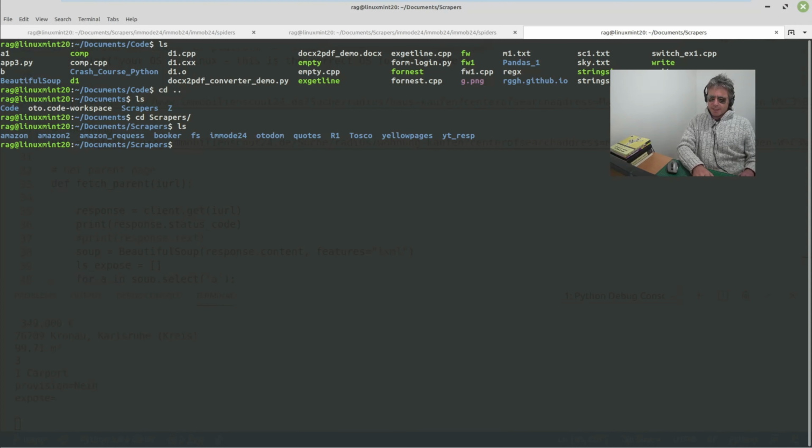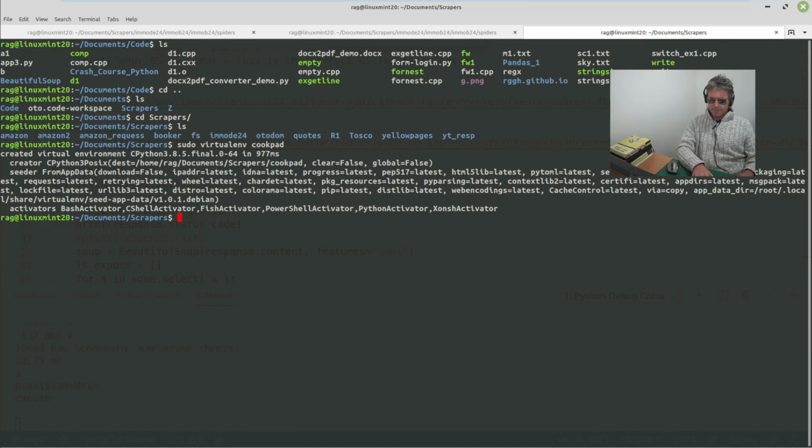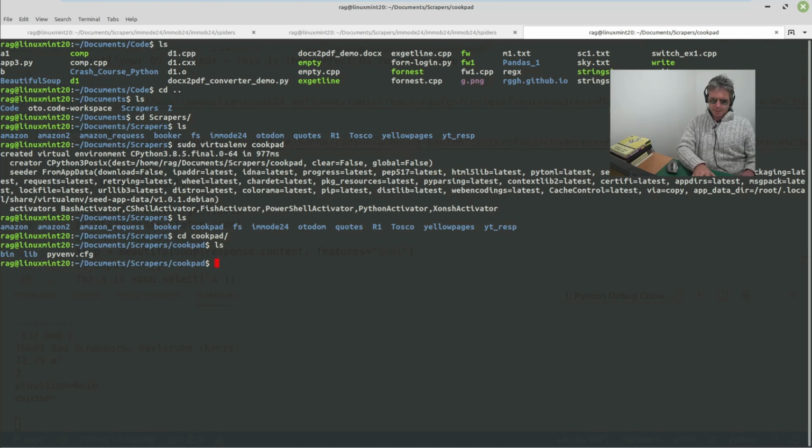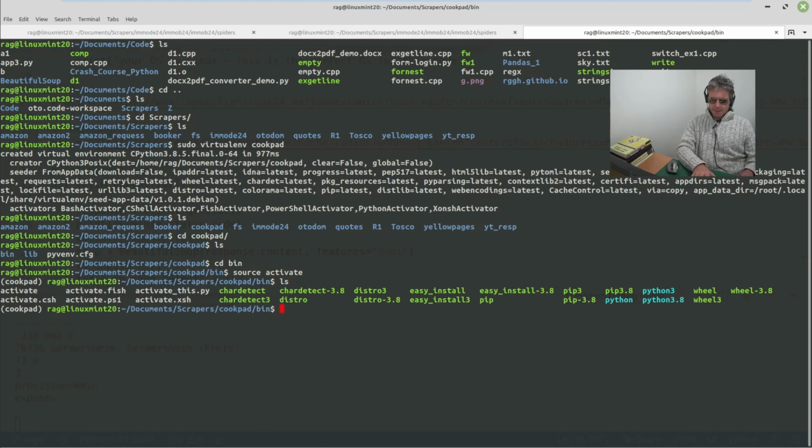And let's make a new virtual environment. So sudo virtualenv, and what was it called? Cookpad. Okay, so cd cookpad, and then bin, source activate. There we go. So we've got a virtual environment, and now if we go back up one,